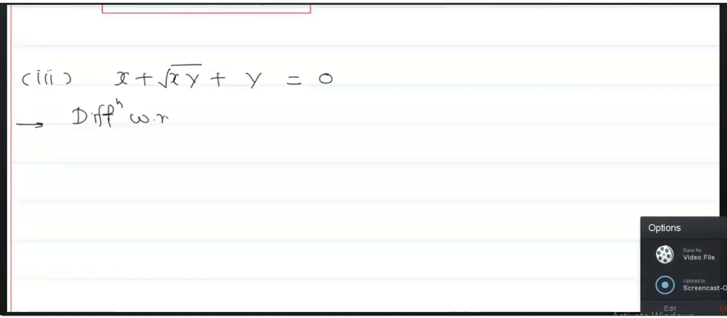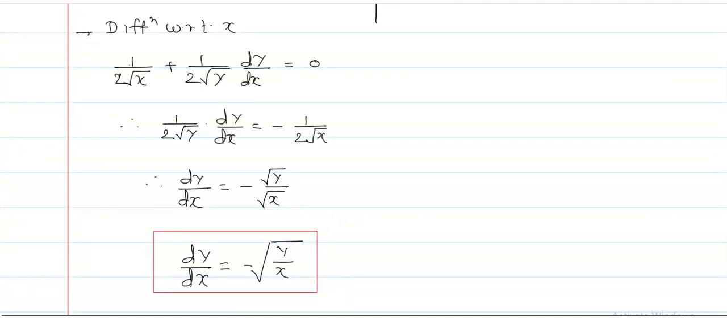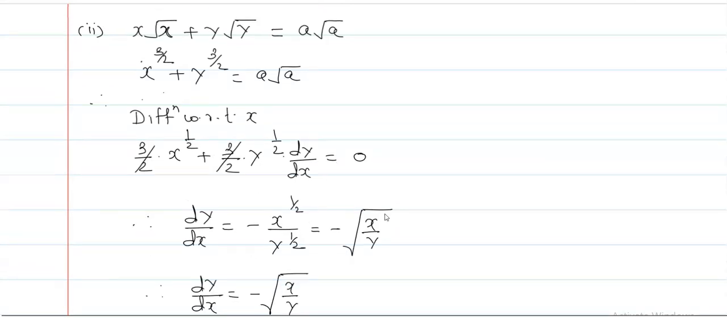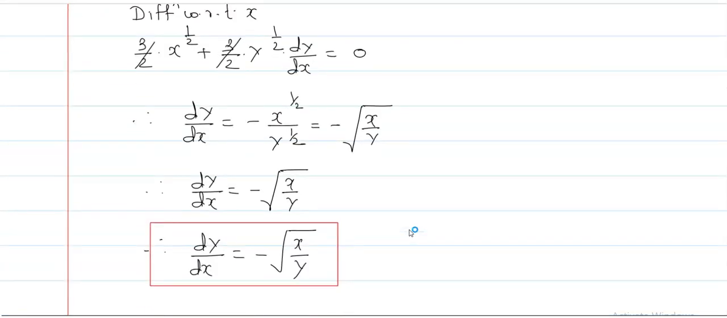Again you can see this here. This is x root x plus y root y is equal to a root a. x raised to 3 by 2 plus y raised to 3 by 2 is equal to a root a. Differentiate this with respect to x. 3 by 2 into x raised to 1 upon 2 plus 3 by 2 y raised to 1 upon 2 into dy by dx is equal to 0. And hence dy by dx is equal to minus x raised to 1 upon 2 upon y raised to 1 upon 2, that is minus root of x upon y. Therefore dy by dx is equal to minus root of x upon y. Now next is